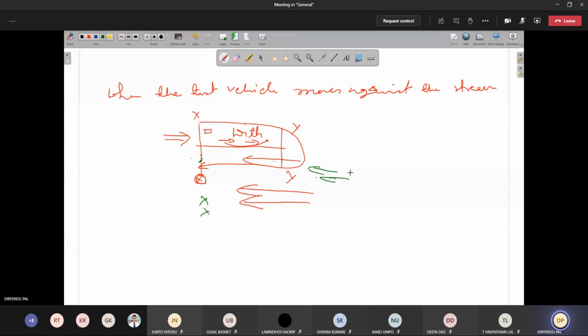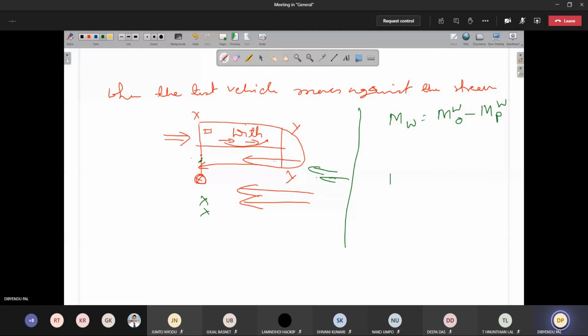That MW we have calculated earlier. What was that MW? MW was the number of vehicles which have overtaken the test vehicle minus the number of vehicles the test vehicle has overtaken. Similarly here also, if I calculate, just write down this earlier equation. What was the MW? MW was the number of vehicles that have overtaken the test vehicle minus the number of vehicles the test vehicle has overtaken.